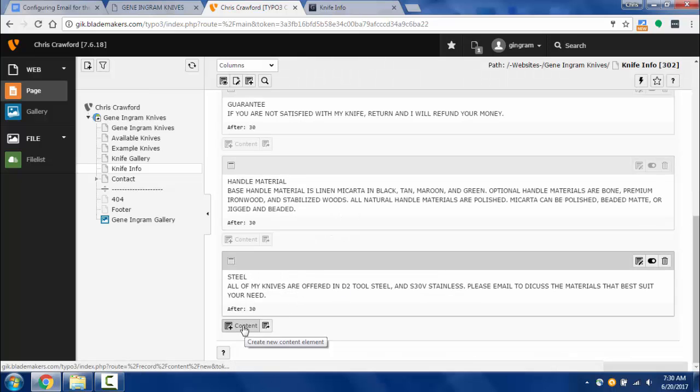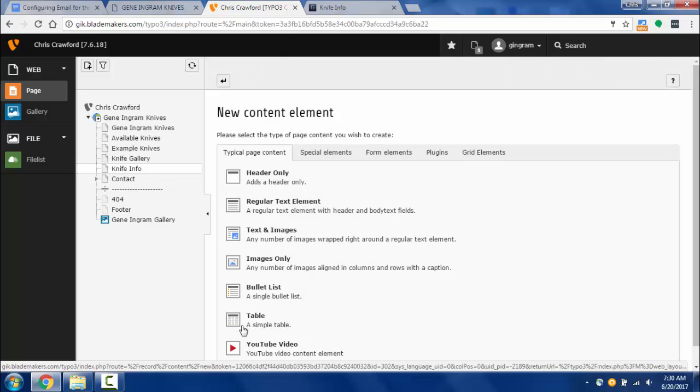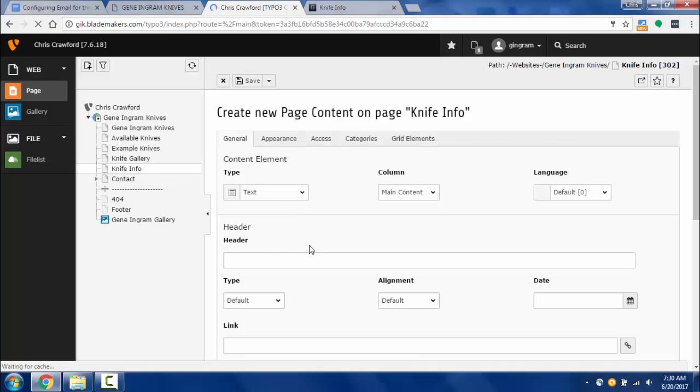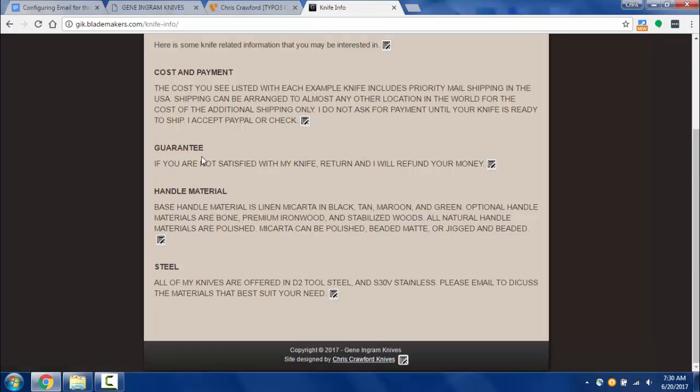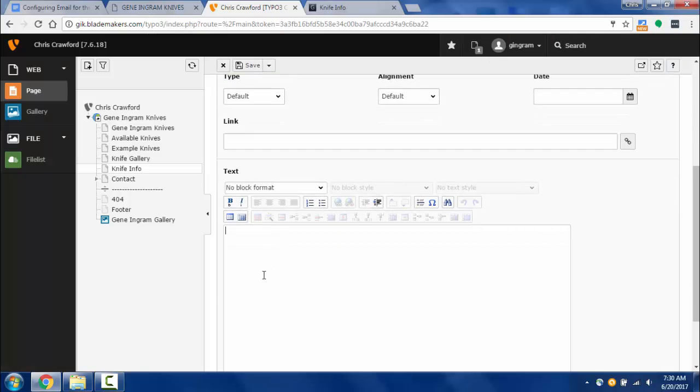and so we're going to do new content, and this is going to be a regular text element. Now I could go in here and add a header right here, but I like the smaller one, I like it just bold. So that's what I'm going to keep with. So I'm going to put in here new, and I think I'll do it all caps, new content, hit enter. I can highlight this, I can bold it,